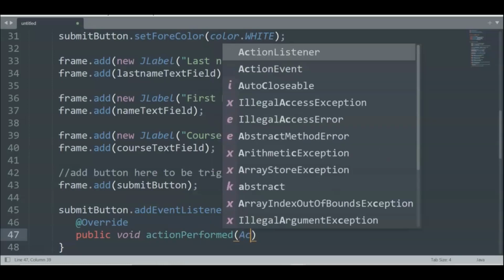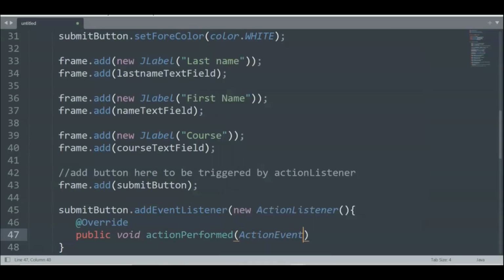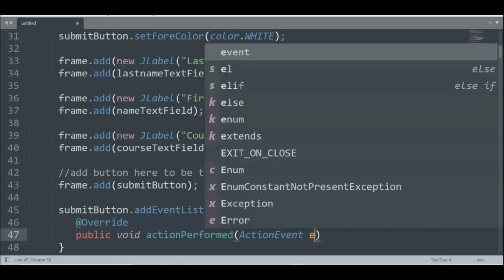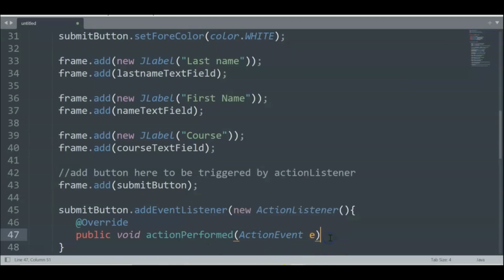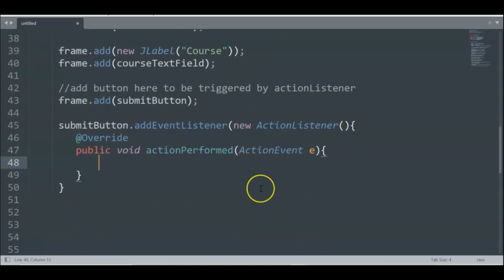So we have actionPerformed, and then we call here ActionEvent, and then e. This is where we use e right here. Of course, part of it is you can write everything here or use e for the event. Okay, what's next? Since we have the e right there, we have to create now, of course, the